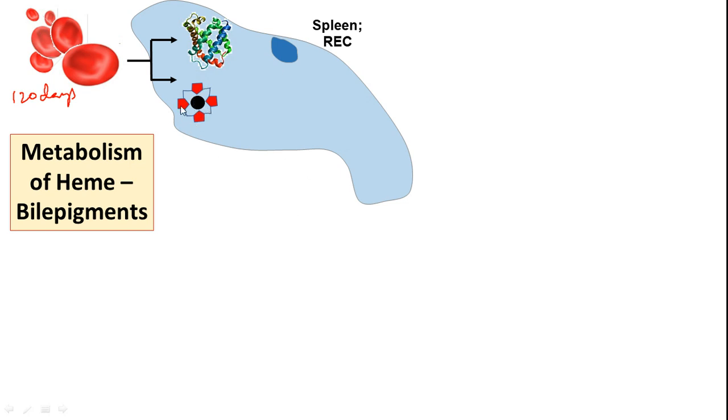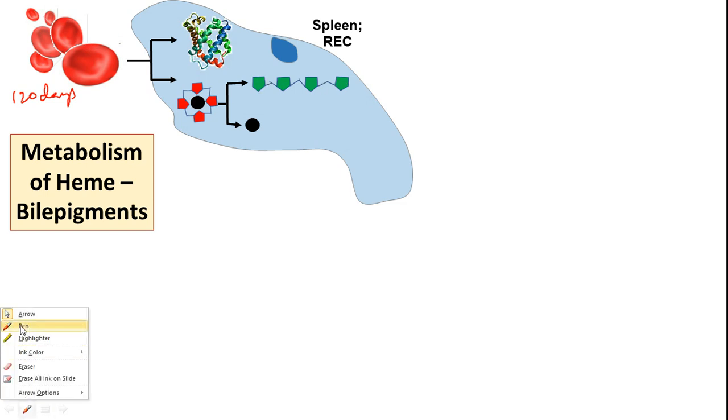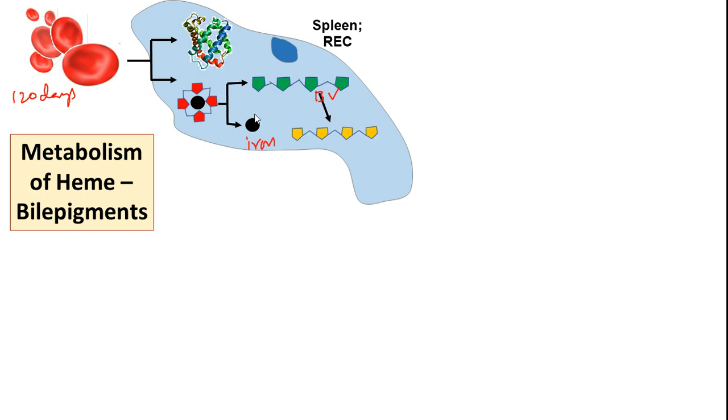Now the heme ring contains porphyrin ring, and in the middle you will have iron. So the oxidative degradation of heme ring cuts open the tetrapyrrole unit over here, so that a linear tetrapyrrole unit, we call it as biliverdin, is going to be biosynthesized, and here we have iron. So this iron will enter into iron pool. Now the biliverdin will be reduced to an orange red compound, we call it as bilirubin. Okay, bilirubin. So this is a very important molecule. So upon reduction we are getting bilirubin.